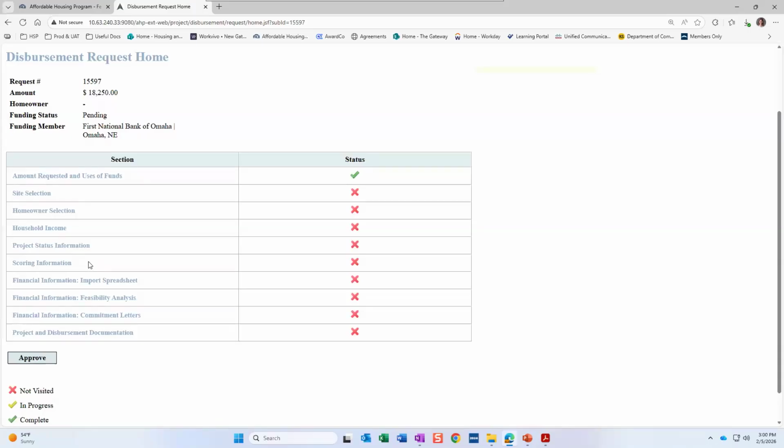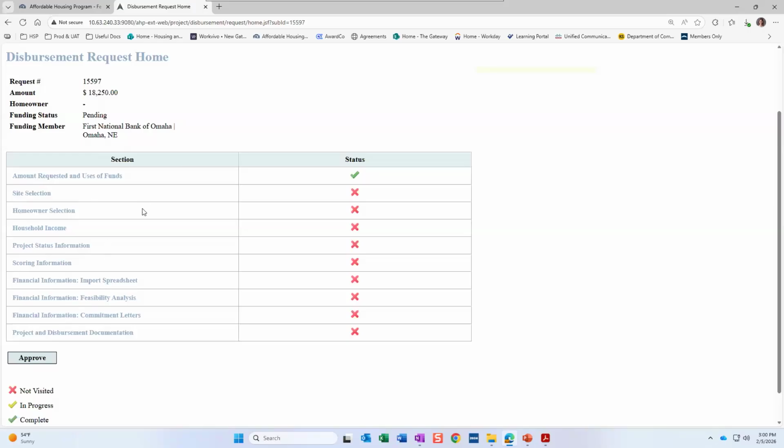There are a few screens that will require you to fill out a prior screen before you can fill it out. Things like household income will require you to fill out the site selection screen before it will let you upload your income workbook. That's because it does a double check on what county the property is located in. So there's little things like that, but for the most part, you could go into import spreadsheet right out the gate, upload a feasibility workbook first, and it would allow you to do that. So that's what's going on here.